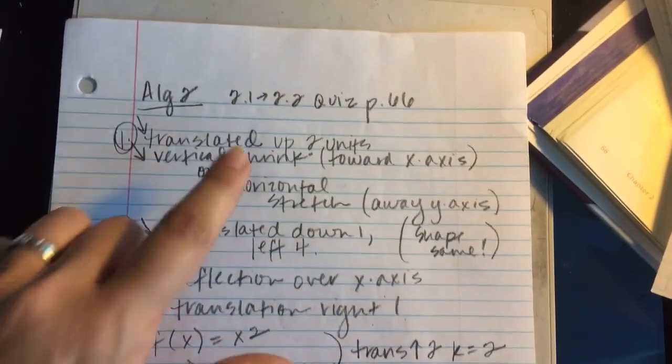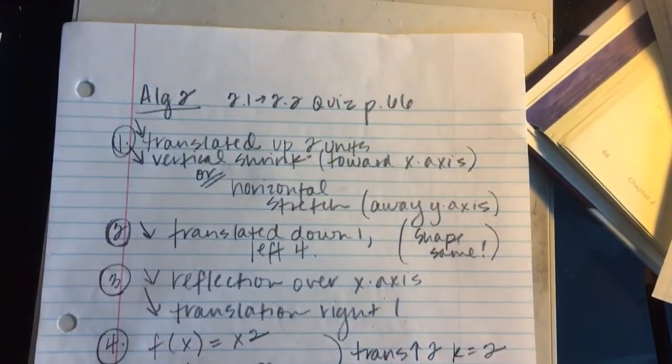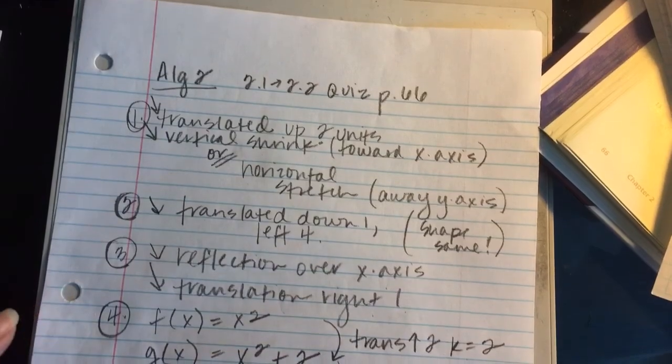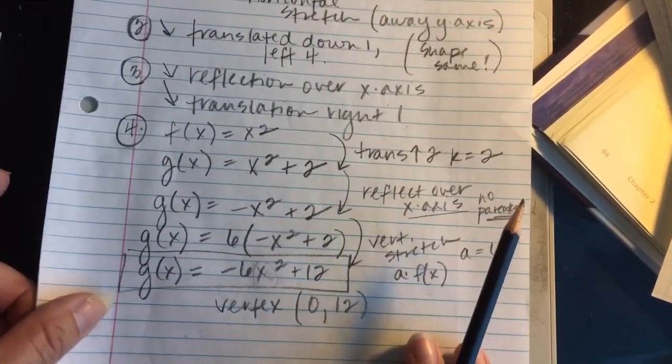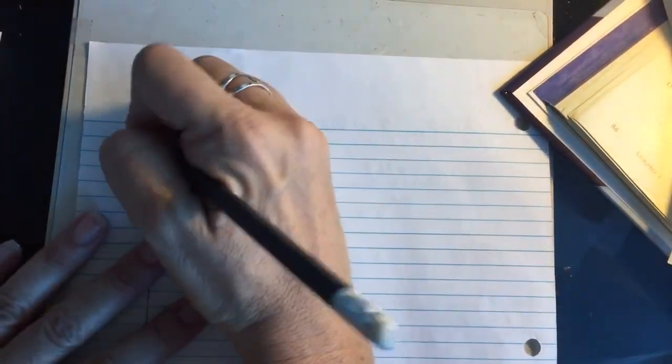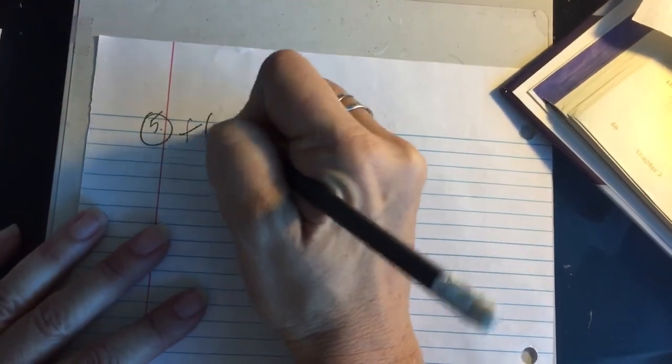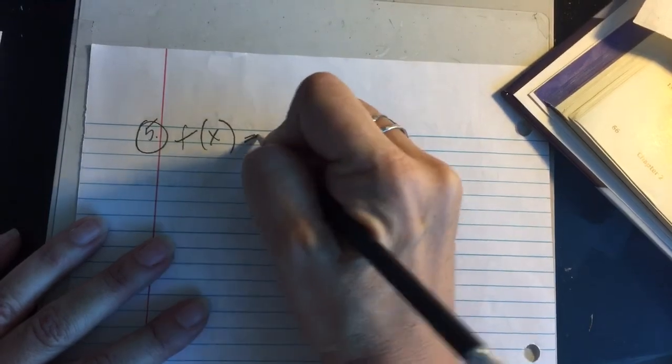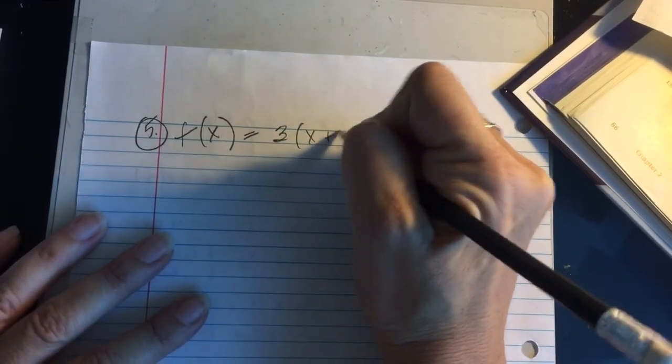All right, I'm going to continue working on the quiz review from page 66 in our books for Algebra 2. We stopped off at number 4? Yeah, number 4. So we're dealing with a bunch of transformations happening. Number 5 starts out with the function f of x equals 3 times the quantity x plus 2, and that